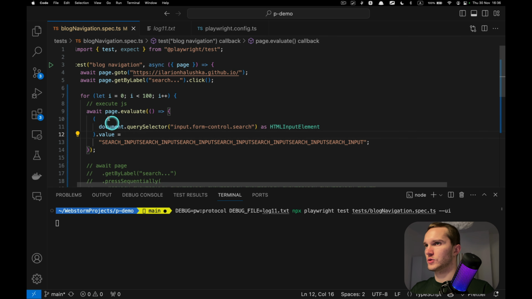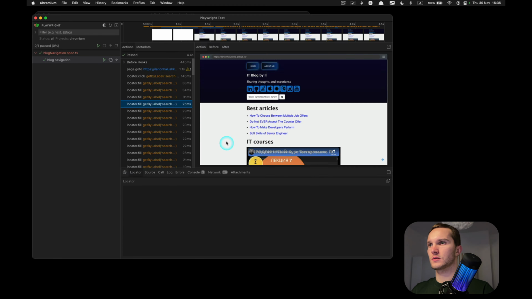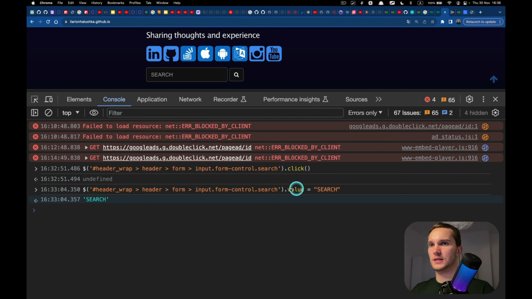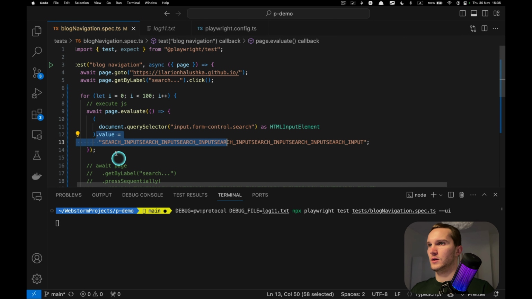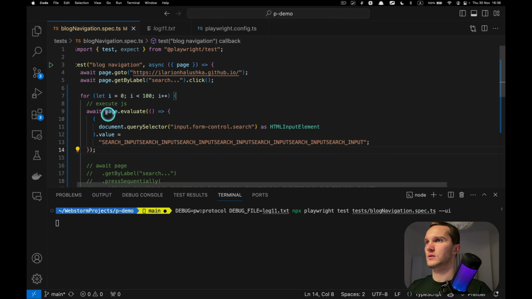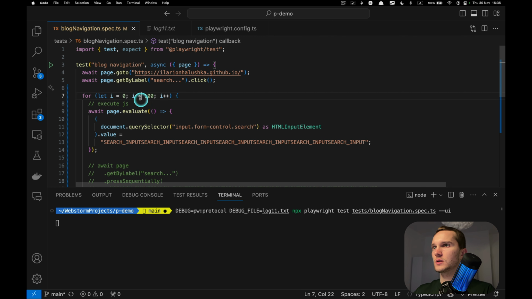So here what do we do? We execute JavaScript. This is JavaScript, document query selector, and we just set the value. That's what we did in the console here. Set the value of the input. We are just evaluating the JavaScript on the page and executing this 100 times.